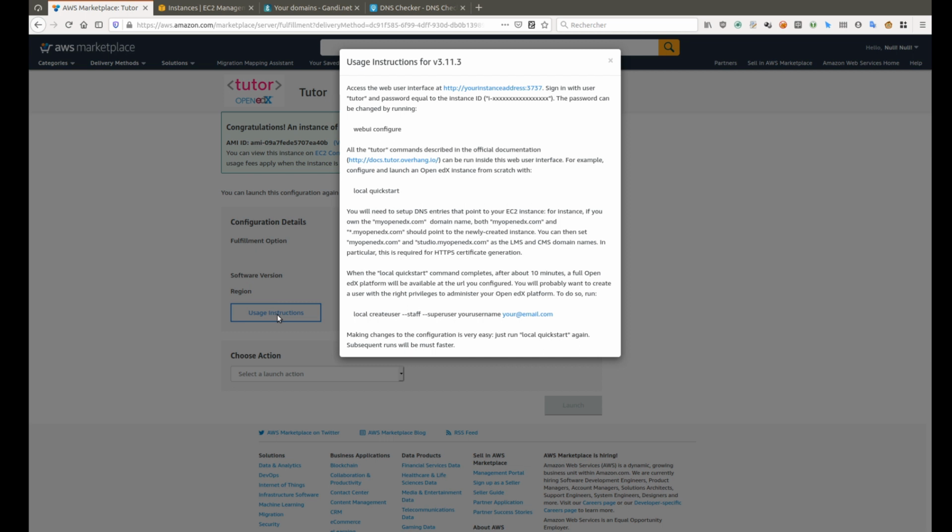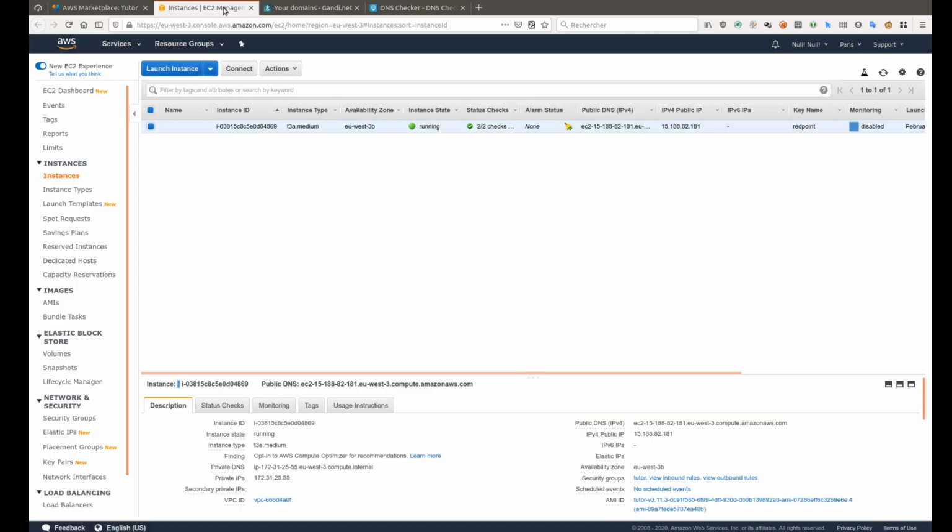Let's follow the usage instructions from the AWS Marketplace. The management console runs on port 3737. This management console is protected by a username and password. Username is Tutor, and the password is the same as the ID of the instance. So we copy the instance ID of our server here in the bottom left